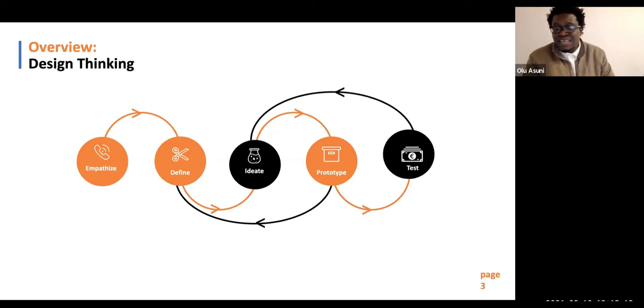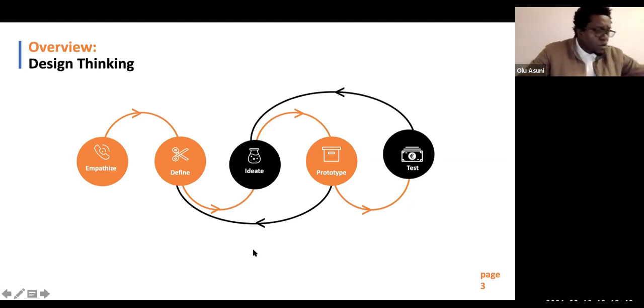And in the vast majority of instances, the difference between the empathize phase and the testing phase is really blurred, because you are also still observing the customers in the natural environment, or in an environment where you want them to use your product, and you are trying to see how they are interacting with the product and what the pain points are, or what additional opportunities exist for you out there.